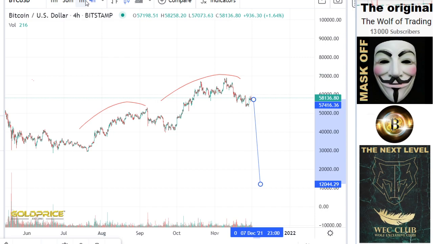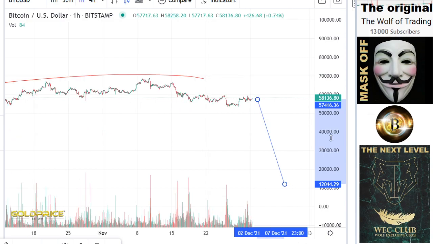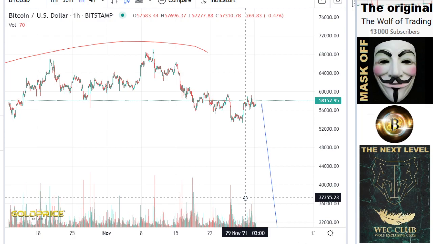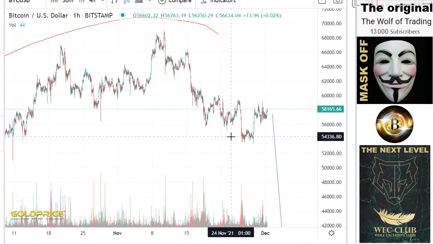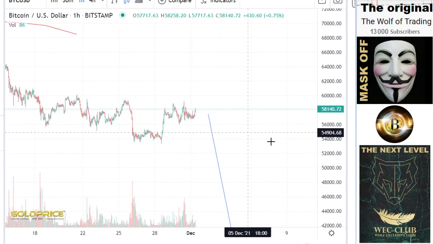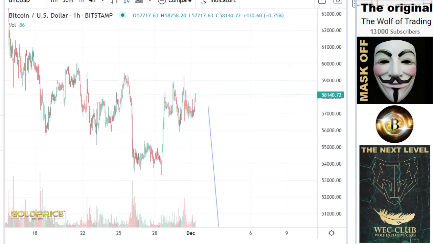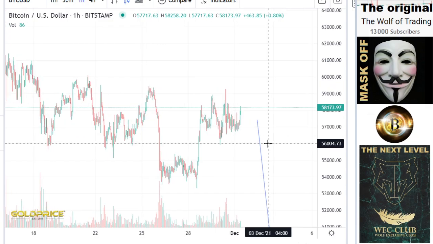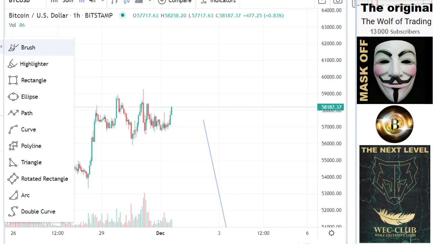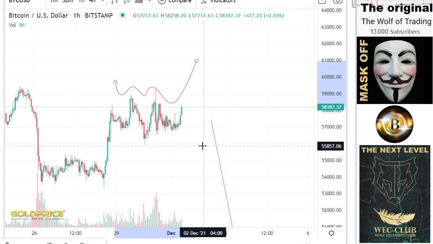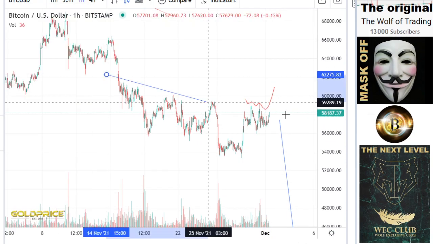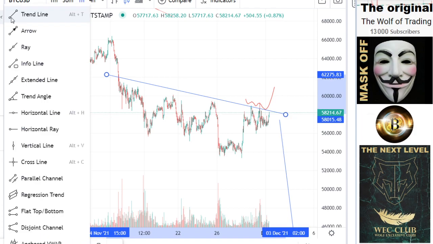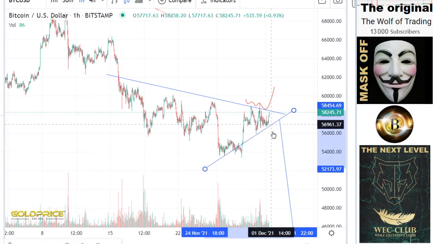So we want to look here in detail and try to understand why the price will go to the downside. We have here an inverse left shoulder, head and right shoulder formation, and I think this is our last edge in here. Look, if you look in detail, you can recognize that this is not a good formation here. The formation is broken. And if you look at this here, we also have a triangle that we will break to the downside.